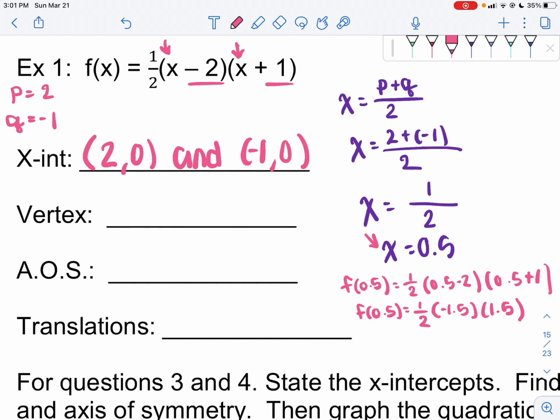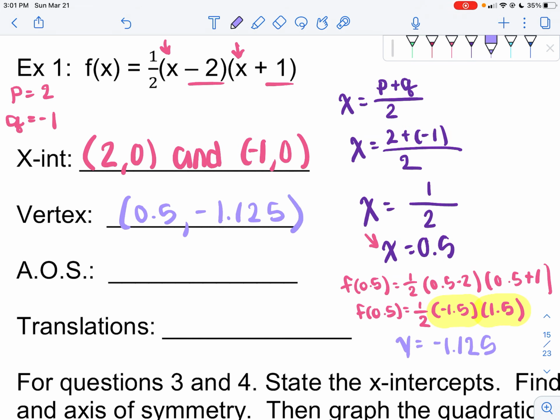And this is a self-check step here. You want to make sure that inside your parentheses you have the same numbers, with one being positive and one being negative. That helps you know that you have done everything correct up to this point. And so now we're just going to multiply across. So we have 1/2 times negative 1.5 times positive 1.5. So in your calculators, you could type all of that, and you get that y equals negative 1.125. So your vertex, the x value is 0.5, and the y value is negative